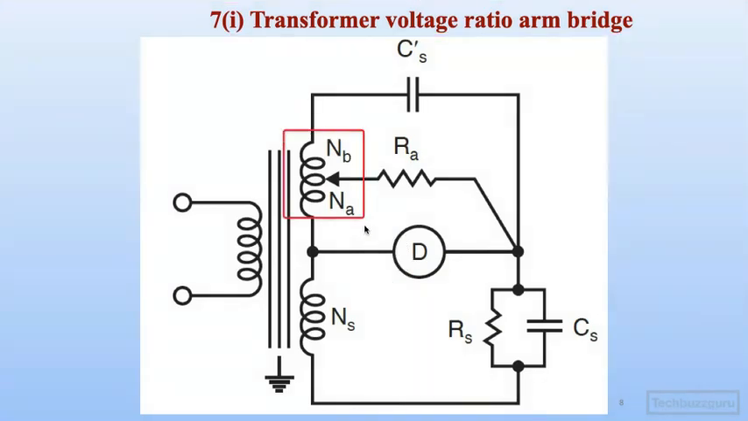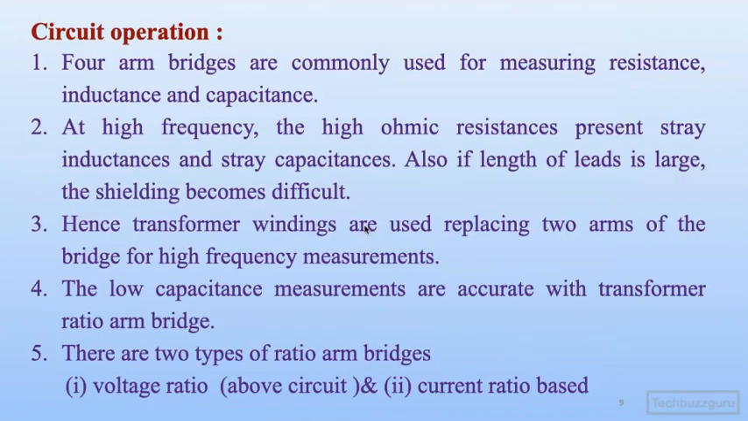So these are the windings, secondary winding of the transformer. They are used with a center tap in order to provide a bridge balance with NB and NA ratio. Apart from that, some number of turns NS. Let us check the description for this one, how the balance is achieved using the ratio arms bridge